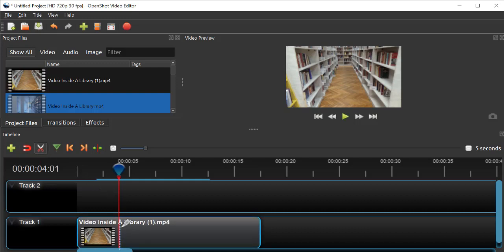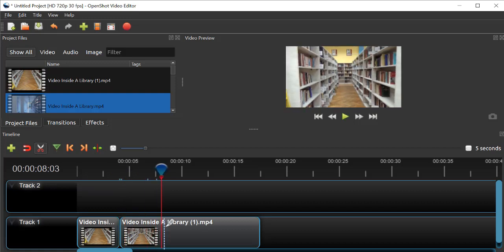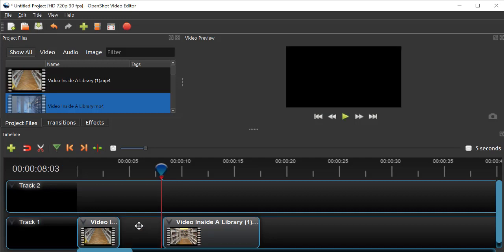I want to cut from here till here. So I want the cut here, so I will use this edit option. I'll go here, I'll select it and I will delete this option.